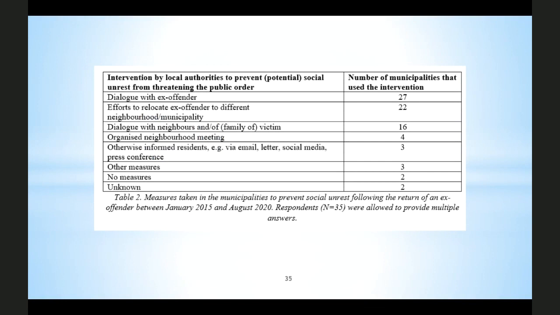About 80% of the respondents reported that the ex-offender was actually provided with alternative housing by the municipality or by a different municipality. And most respondents indicated that only if the ex-offender would not cooperate and refused to accept the alternative housing would they issue an area exclusion ban or sometimes also close an ex-offender's home, thus preventing him from returning to the area or settling in the area.